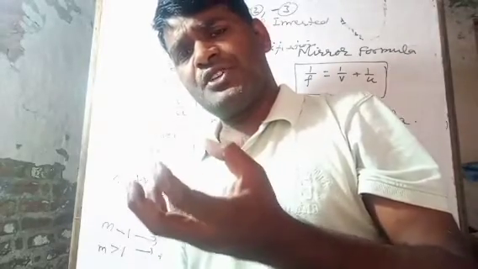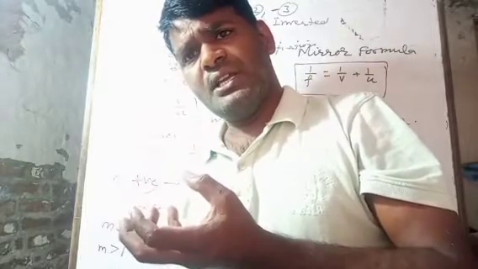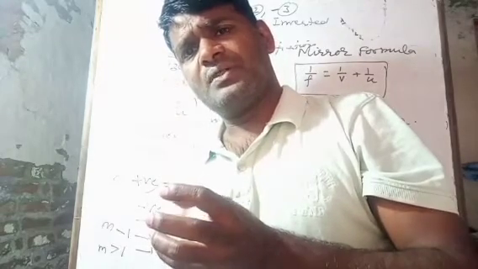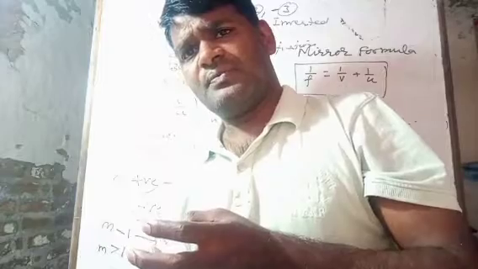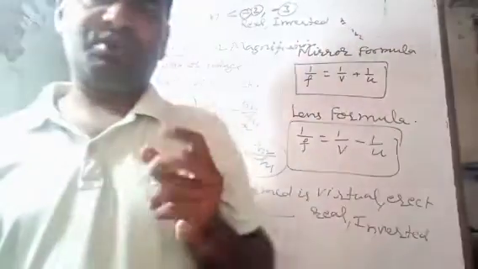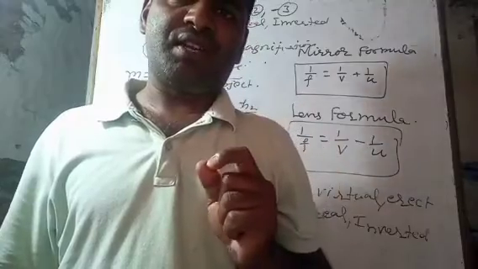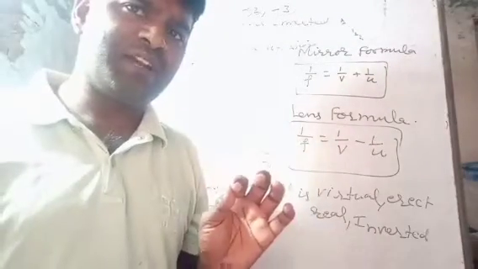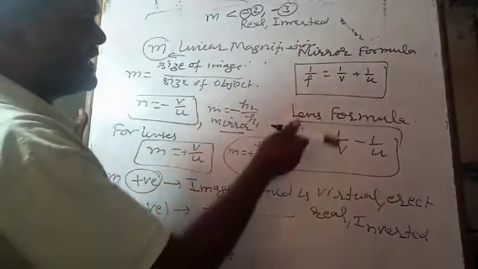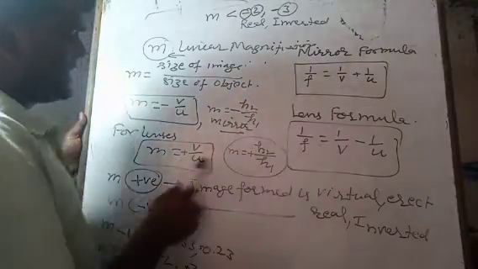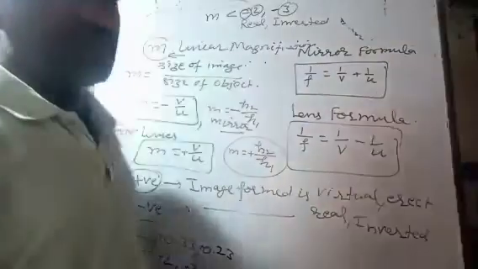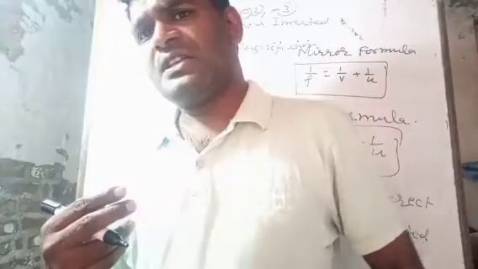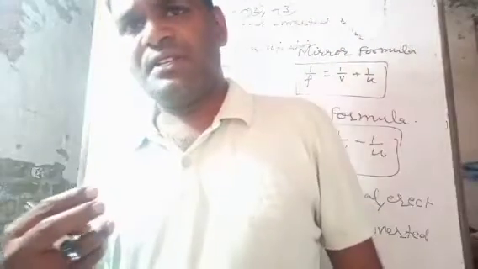But if that ratio is 1, 2 or 3, it also suggests that the image will be enlarged. Okay. Image will be enlarged. Just read about the characteristics of this magnification. After that we are going to discuss a few numericals depending upon that, and we need to learn that for mirror formula, lens formula, and magnification. What is the magnification there? It is just a recapitulation. I will post this video before solving these numerical problems. Okay, my dear student.